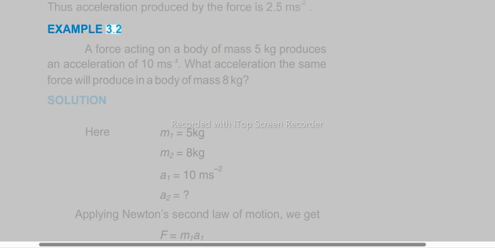Example 3.2. A force acting on a body of mass 5 kilograms produces an acceleration of 10 m/s². What acceleration will the same force produce in a body of mass 8 kilograms? Solution. Applying Newton's second law of motion, we get, comparing the equations, we get,